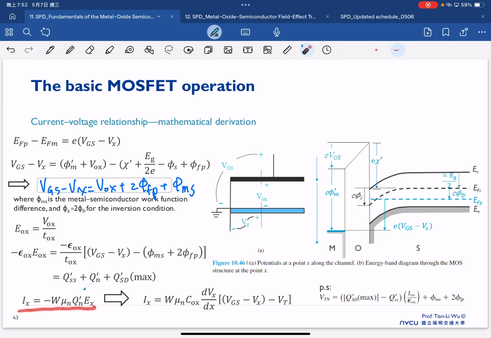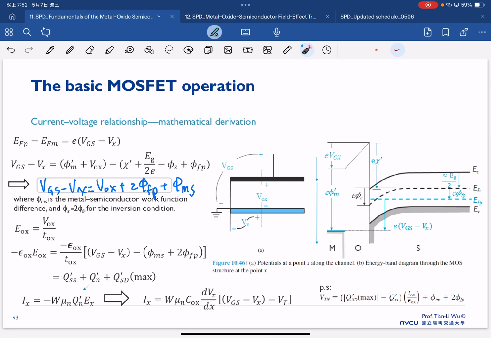And then in the end, we will have this current equation. Here, I won't go into much detail because everyone who reads the textbook step by step can understand this equation calculation, because the main purpose is still the physics base to understand the current